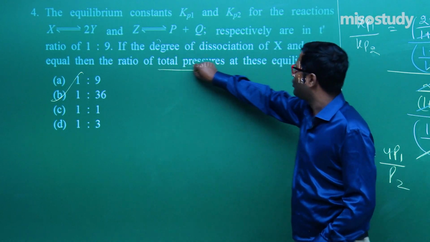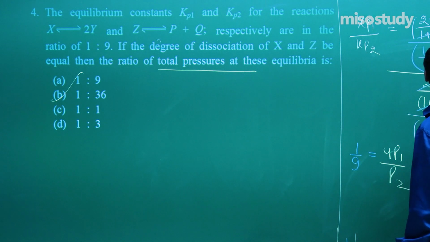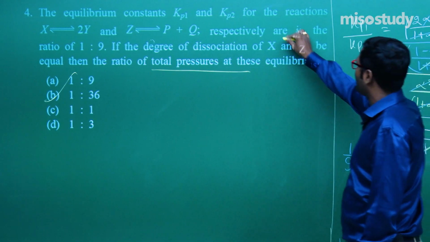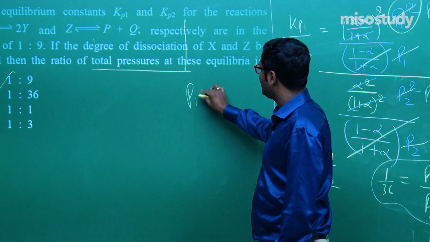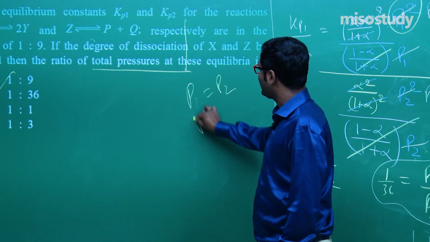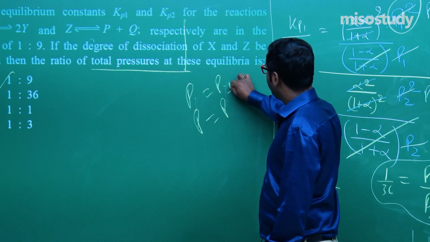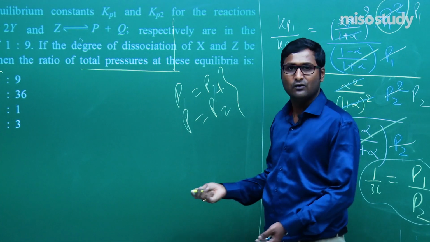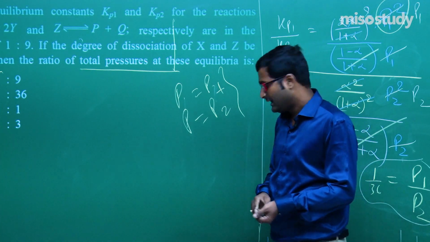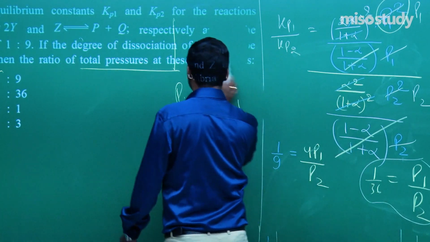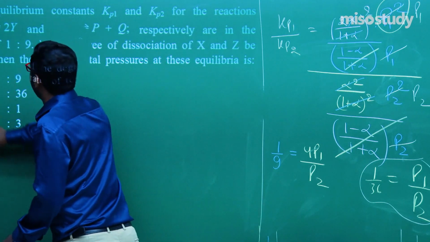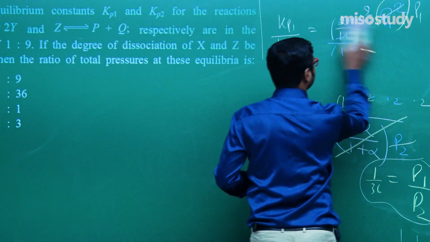Here given the total pressure, so I have written substitute P is equal to P1. For first case P is equal to P1, and for second case total pressure P is equal to P2, put this value, you will get the answer. Clear friend? Now I am going to rub this part and we will discuss the next part of the question. Wait for a moment.